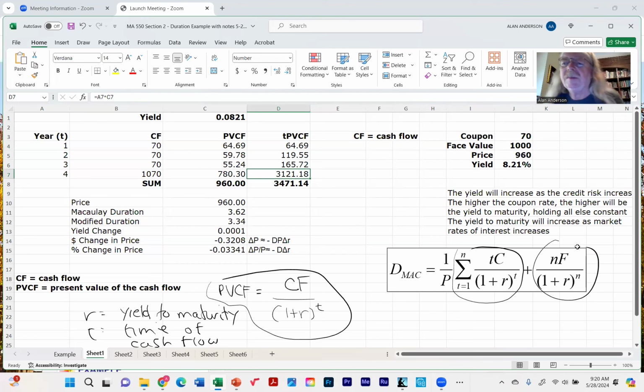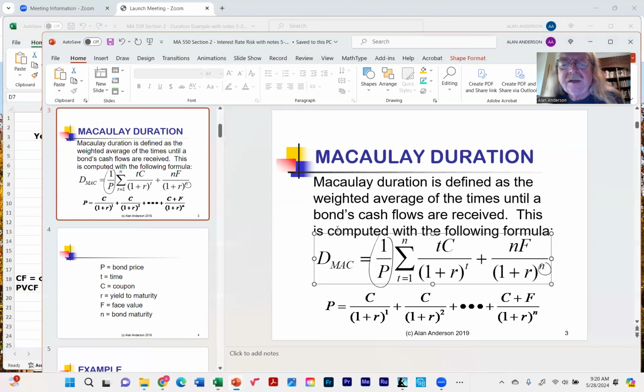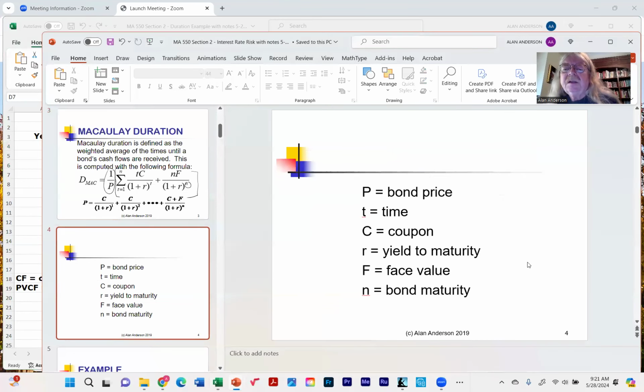Now that I'm looking at this formula, by the way, I just noticed something. I'll have to fix this. That 1 over P was supposed to be multiplied by the entire expression. So there really should have been some brackets here. Yeah, I'll have to update that later on, but just be aware that this entire set of cash flows, all of these, are then ultimately divided by the price. Okay, so the way it's written here, that is actually not correct. The 1 over P applies to both of these terms. So anyway,